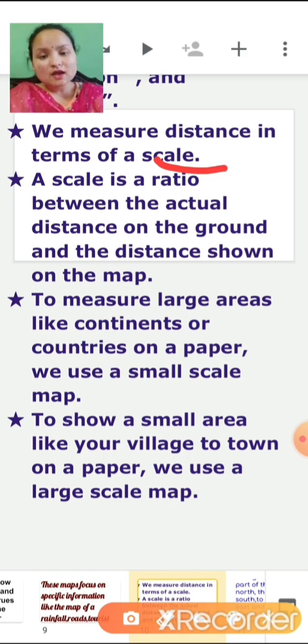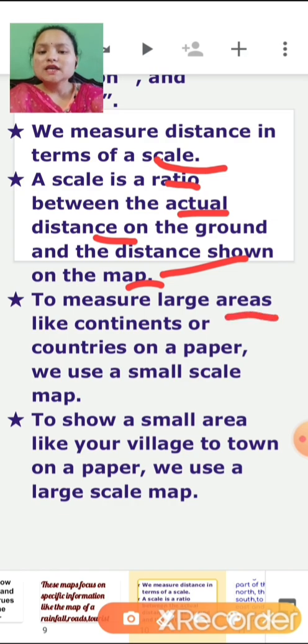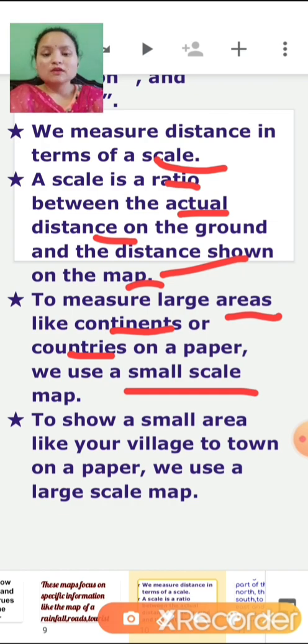A scale is a ratio between the actual distance on the ground and the distance shown on the map. Now to measure large areas like continents, countries, on a paper, we use a small scale map.